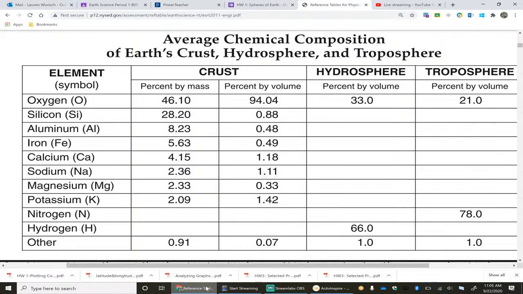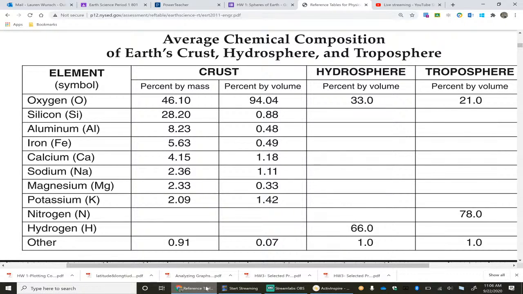So you're answering this next question: what are the two most abundant components by percent volume? So now you're going to use this column. Okay, just about one more minute. As a little clue, one of them should stay the same and the other should change. You should have 2 answers there.